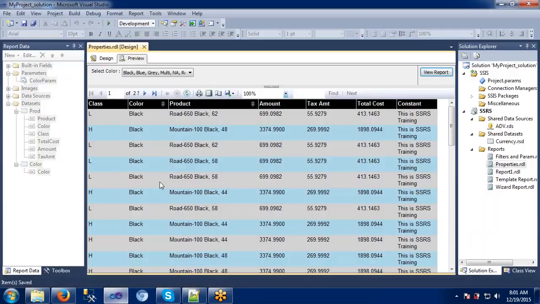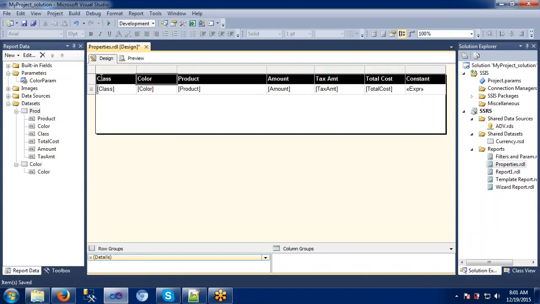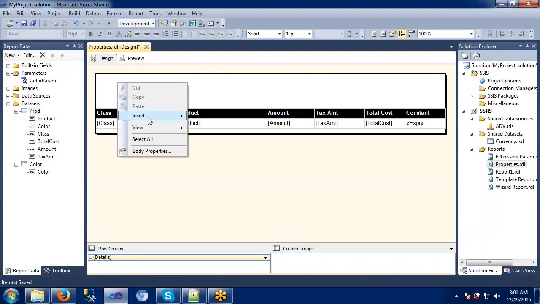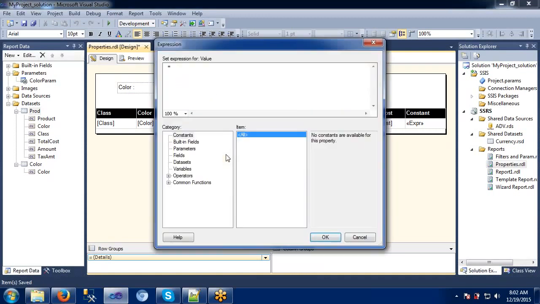I will use this to make sure that the end user is clear. For that, what I am going to take here is a text box. I will use a label name here, color. Again I am using a text box here. Here I am using the expressions. Here I am trying to use these parameters now.